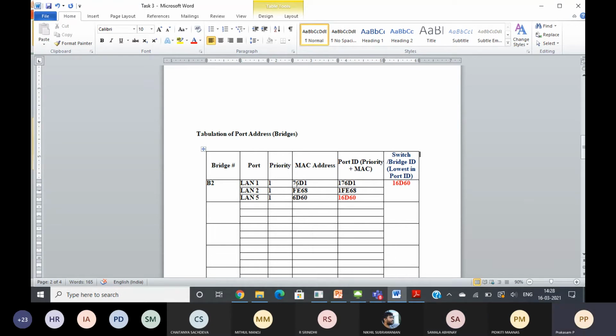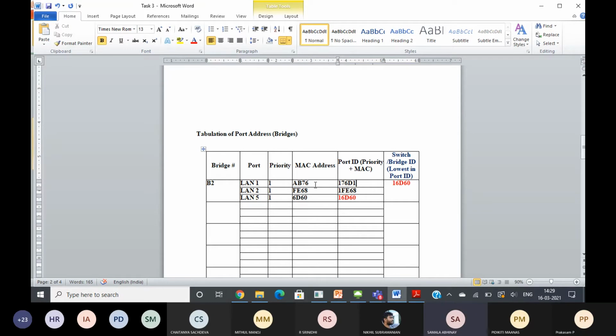For LAN 1, instead of 76, if it starts with AB, you can give it like AB76. Then the port ID is nothing but 1AB76.